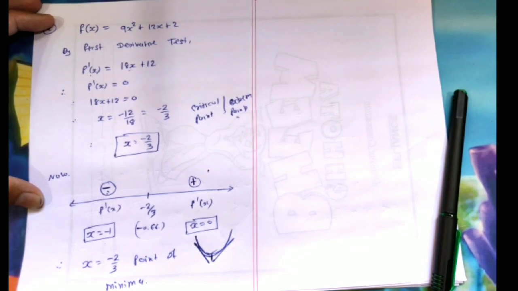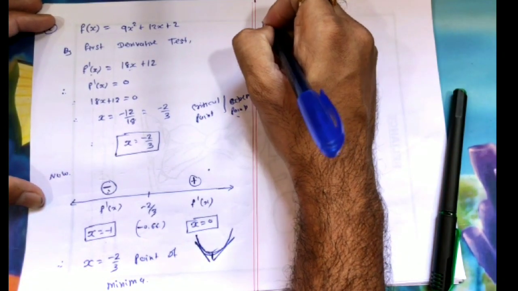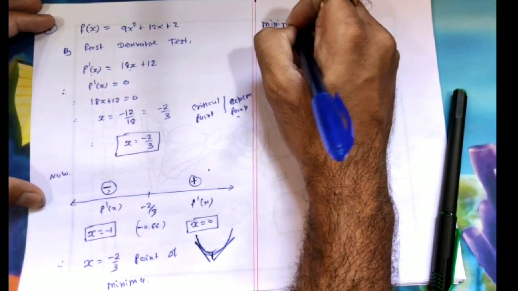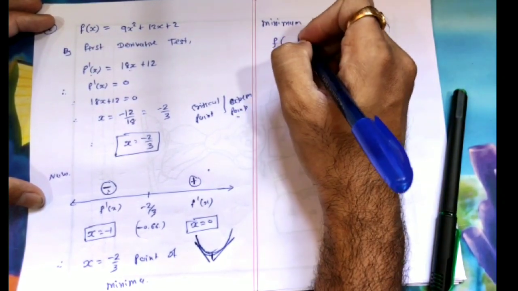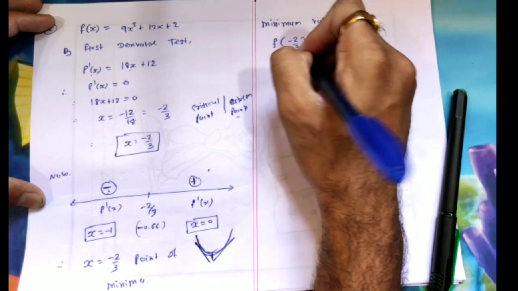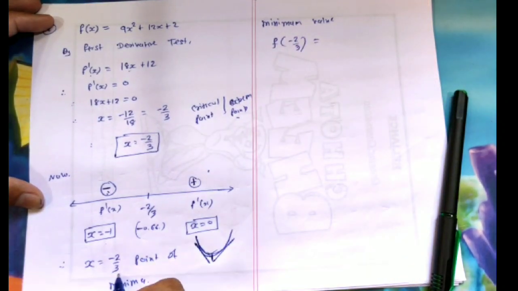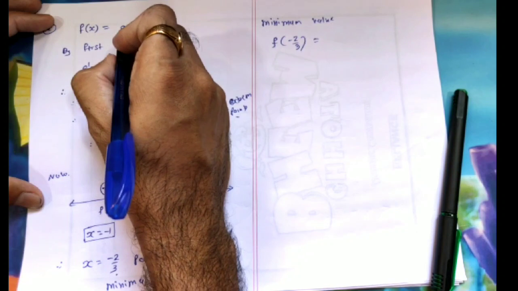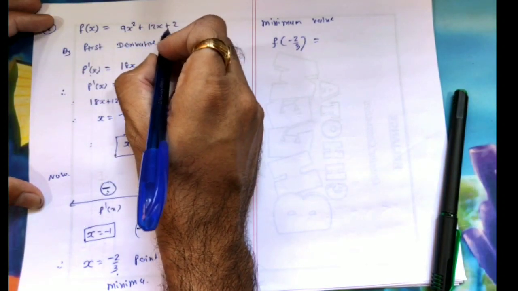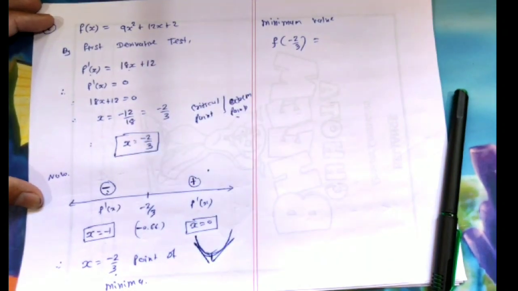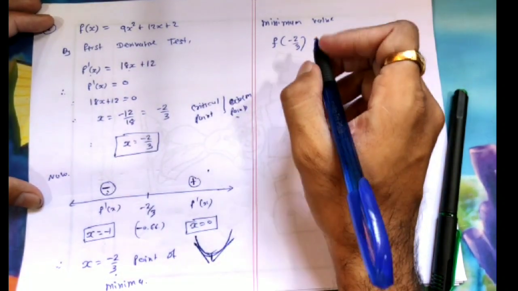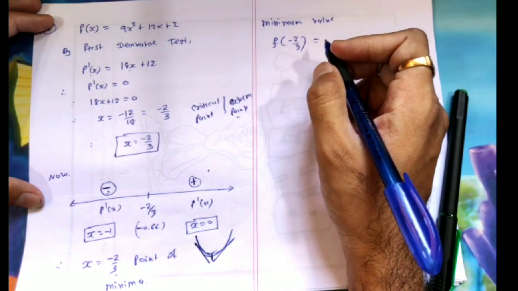So at this point of minima, we are getting the minimum value. So the minimum value of the function: you have to find the minimum value of the function at x equal to minus 2 by 3, and you have to put this minus 2 by 3 in our function. Our function is 9x square plus 12x plus 2, right? In a hurry, what do you do? You put it into f dash x in the exam, right? Now we will do the same, see. I even have the video recording right now, I will play it for you.